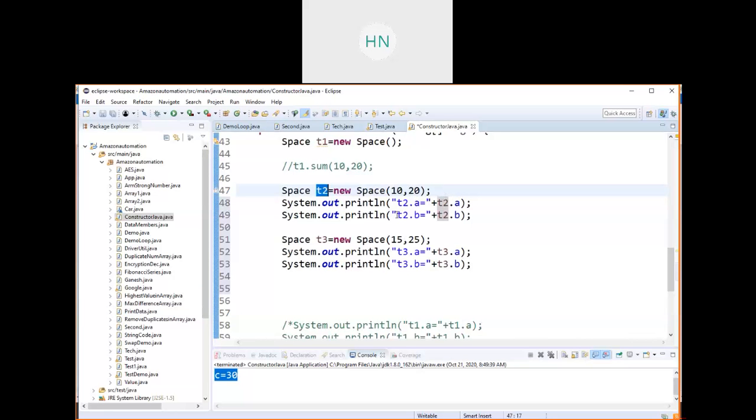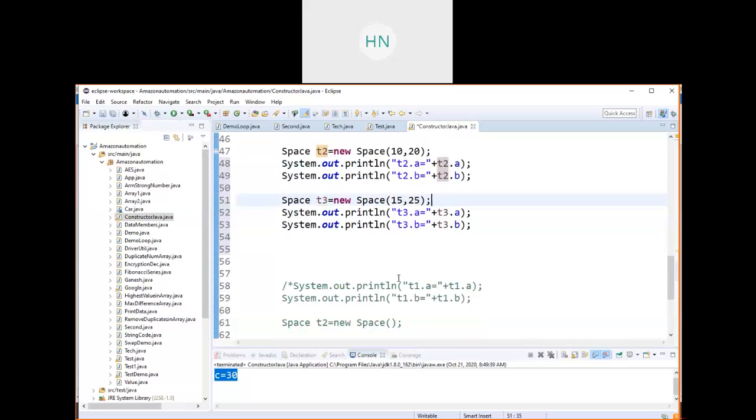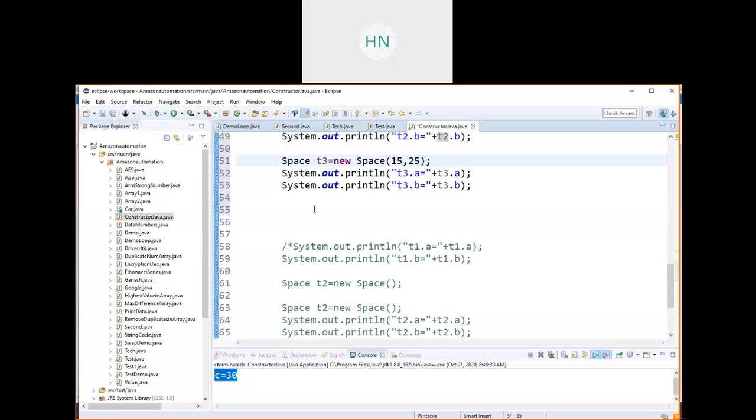Here I am assigning 10 comma 20 values by using the parameterized constructor to create this object. Here I am assigning 15 comma 25. Here once again I am creating one more object T3, and the values I am passing are different. One more time I will create one more object, and one more time I will change my values.